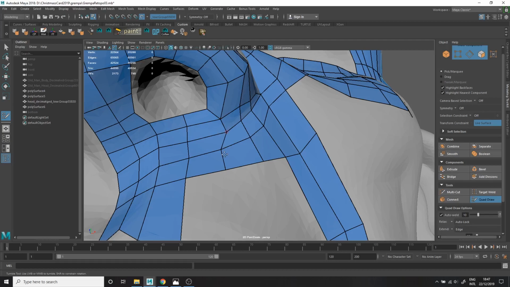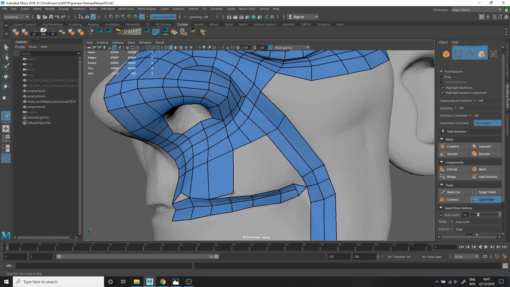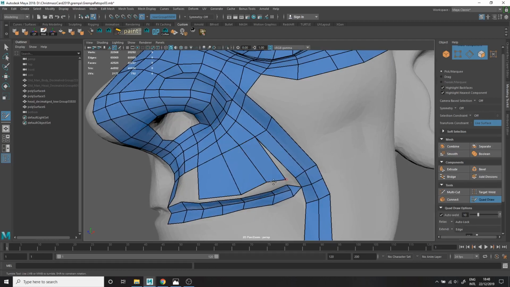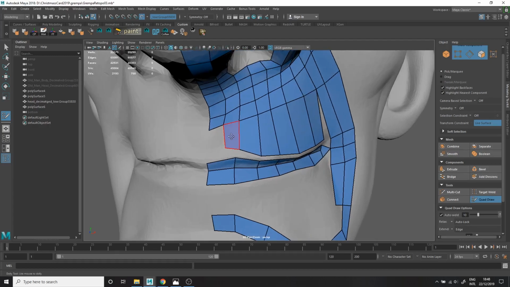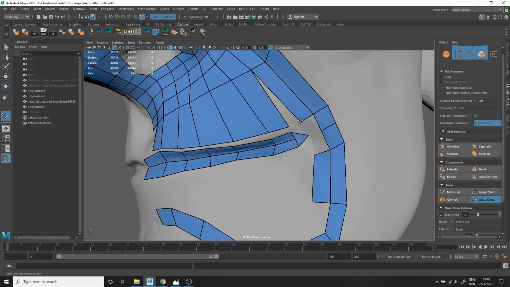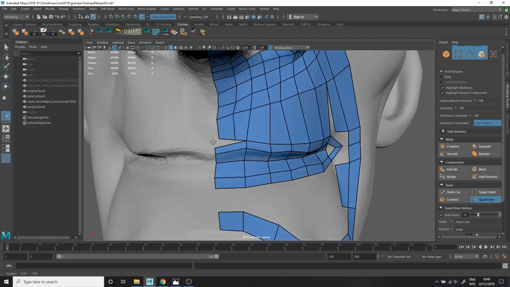You want to find ways to be efficient in your workflow, because a lot of times, especially on a new show, for example, changes are bound to happen. So if you are somebody that can make a quick topology version of your design sculpt, and you can give it to rigging for testing purposes, your animation directors and your production are going to love you, because there are a lot of things that you can't